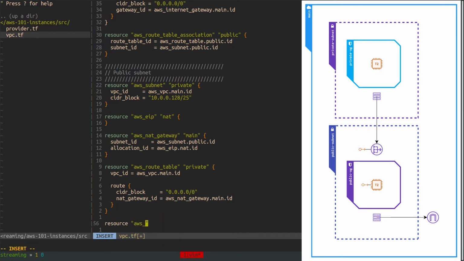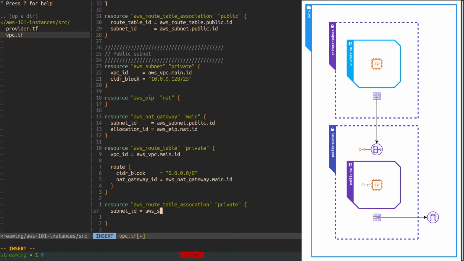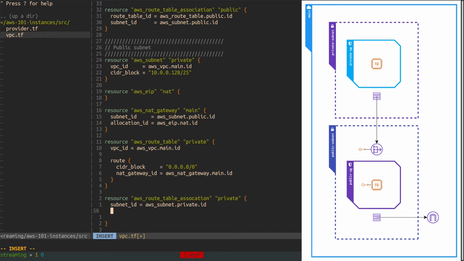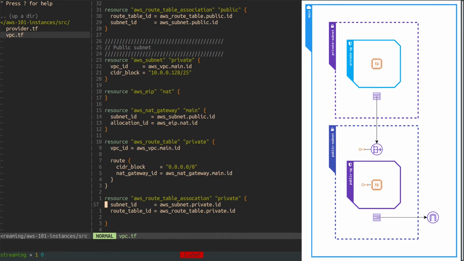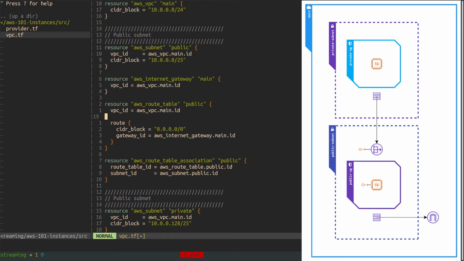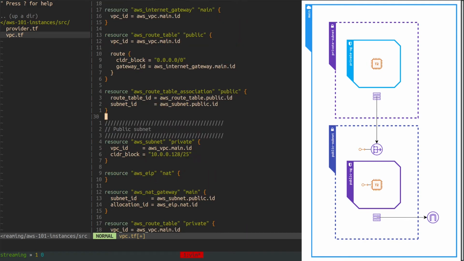And I will need also a route table association. So I am associating this route table with the private subnet. Alright, I think that's all the resources I need to set up a VPC with a private subnet and public subnet.